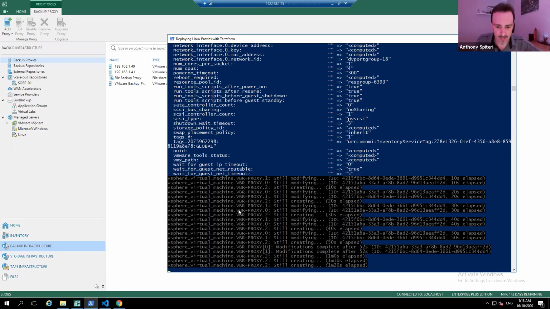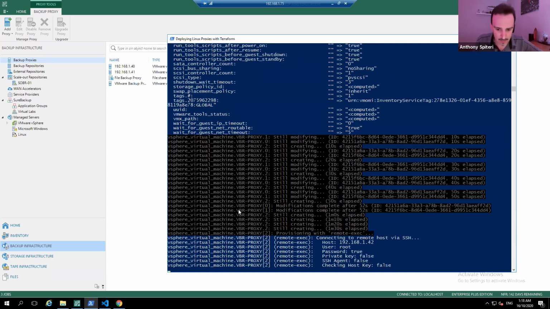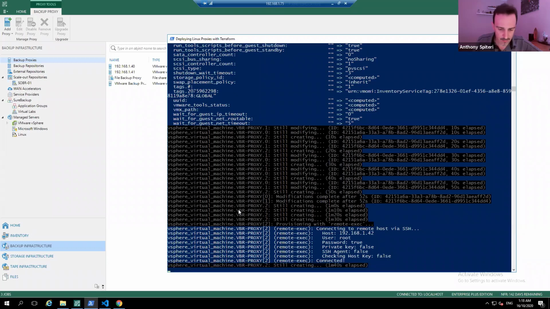And again, working with external programs like Veeam completely shows its power. So there we go, it's deployed, we're running that firewall rule, and the last step of this is to add it to the Veeam backup and replication console. So let's wait for that to finish. This is that next step.